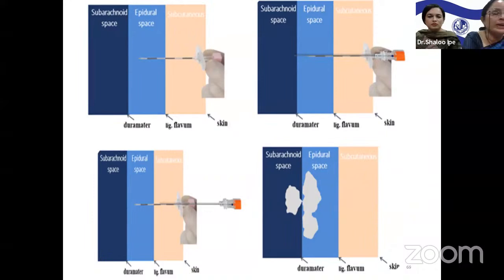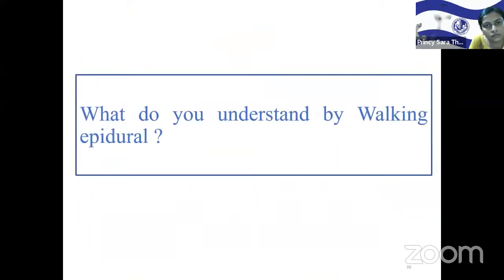You have heard of walking epidurals. What is a walking epidural? A walking epidural is an epidural or combined spinal epidural with a low dose of local anesthetic and opioids. Its advantage is that it preserves the motor function while relieving the labor pain. So it allows the patient to move freely in the bed and to also ambulate if desired, while the expulsive efforts of the patient are preserved.